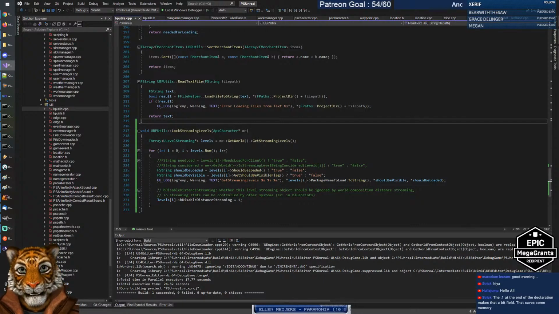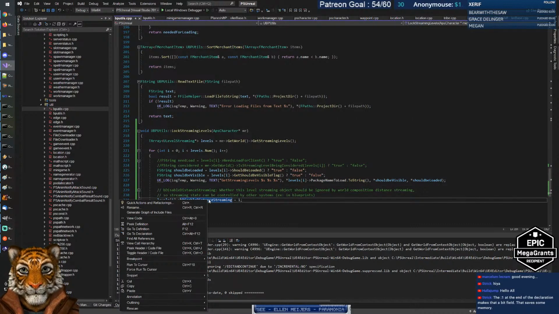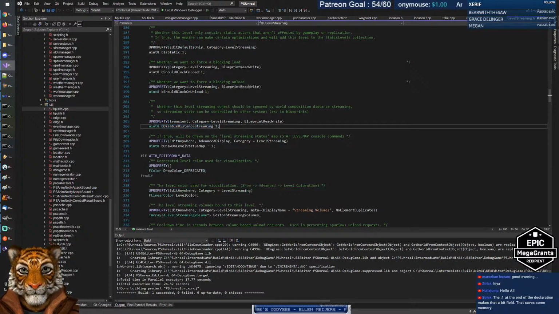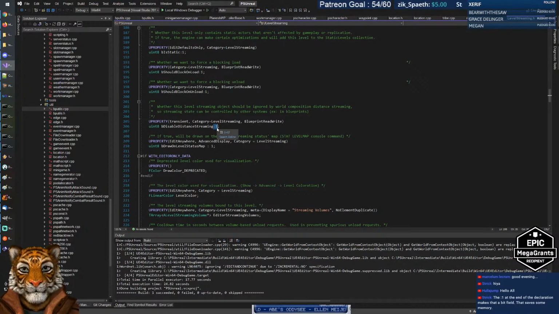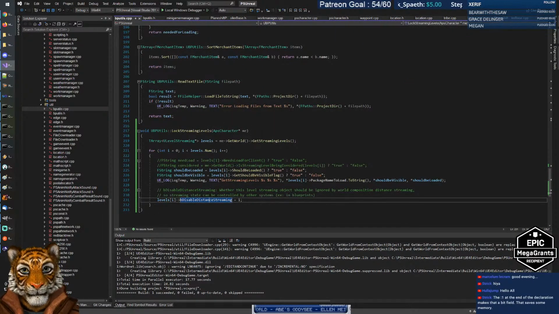The one at the end of the declaration makes it a bit... Let me see. Ah, this one. This one? Okay. Int 1. So it saves some memory compared to the Boolean? Compared to a Boolean? Because I'm expecting a Boolean to be already an int 1, no? But, okay. Anyway,